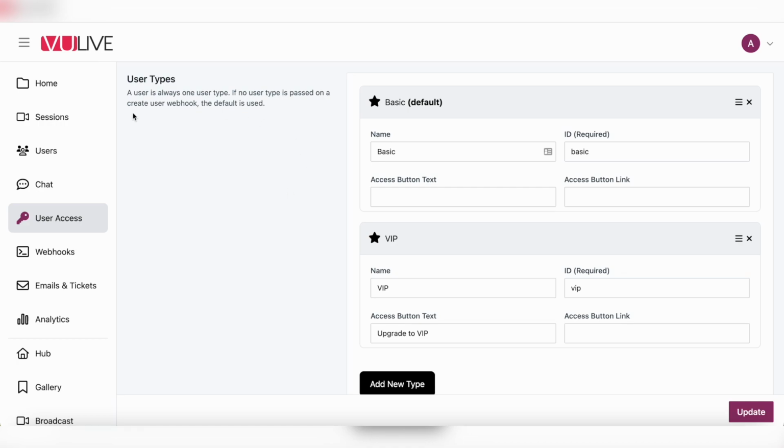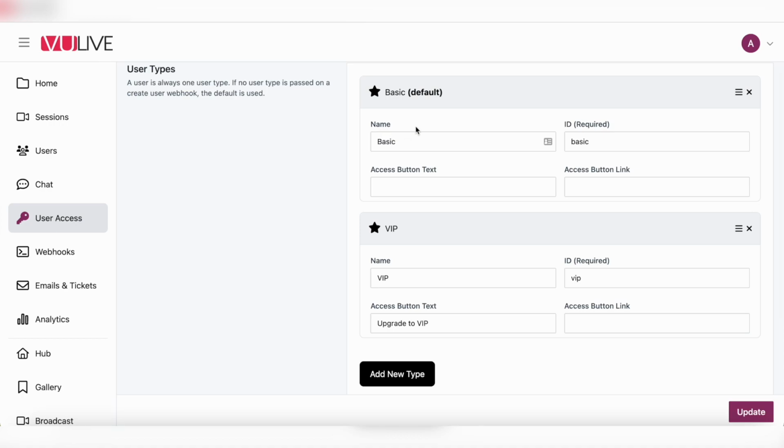Now, at the top, we can define our user types. By default, we have a basic user type and a VIP user type. You are free to modify these default user types and to add any new additional types that you would like to add. Different user types can be helpful for segmenting certain users into groups who can and cannot access certain